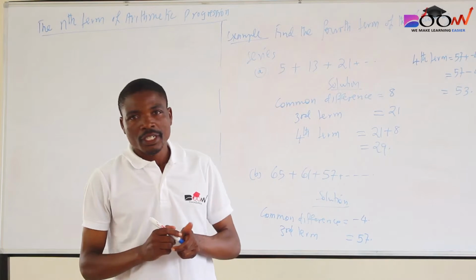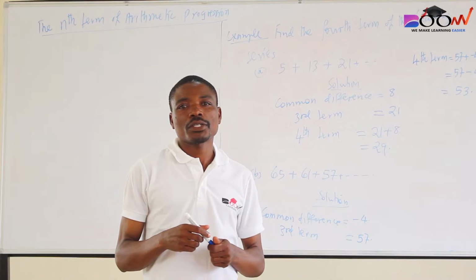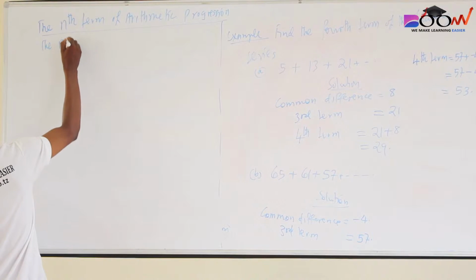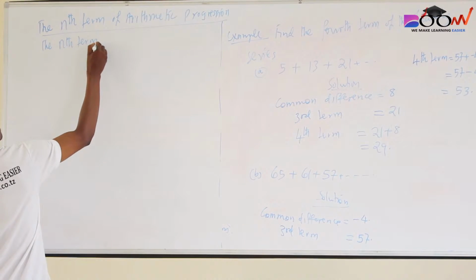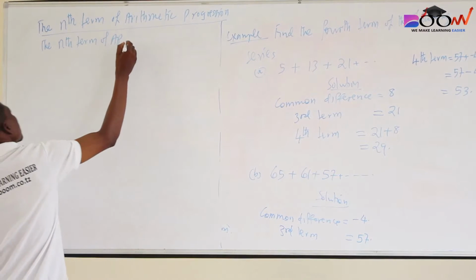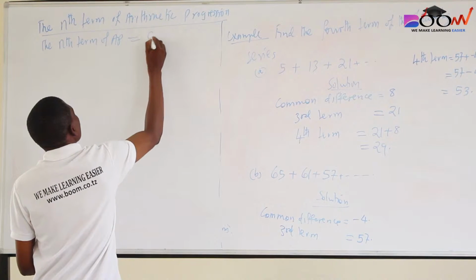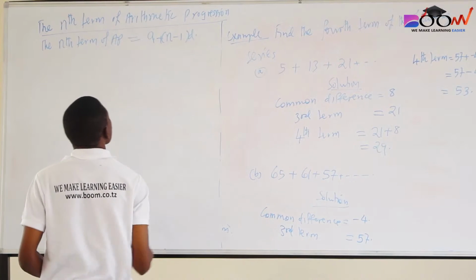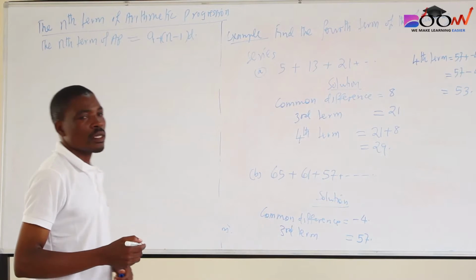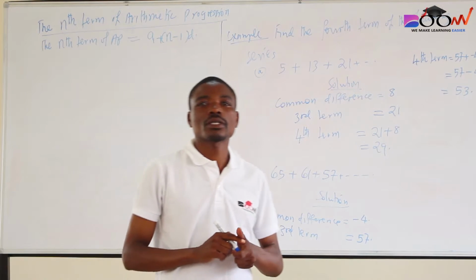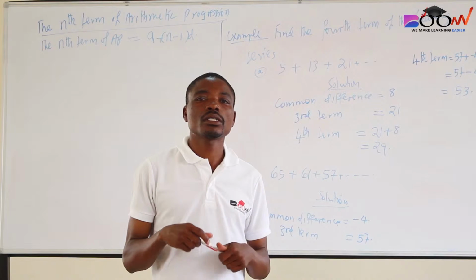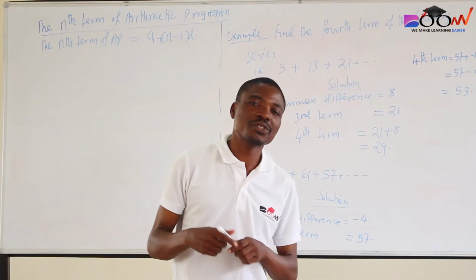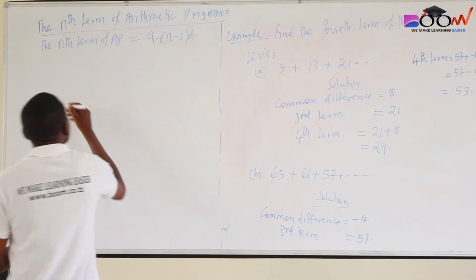Now, the nth term of arithmetic progressions, the nth term of AP is given by A1 plus N minus 1 times D. The nth term of arithmetic progressions is given by A1 plus N minus 1 times our common difference, that is times D, whereby